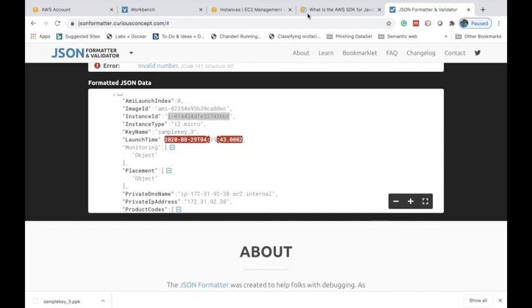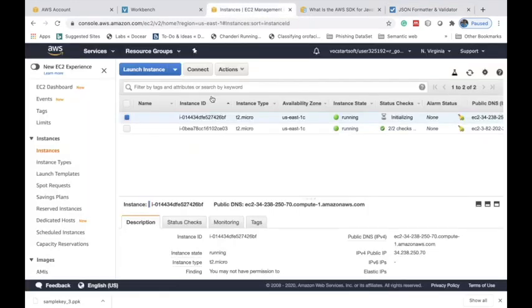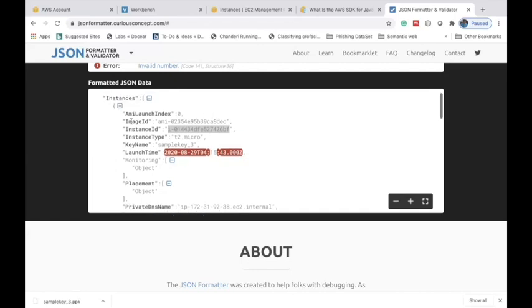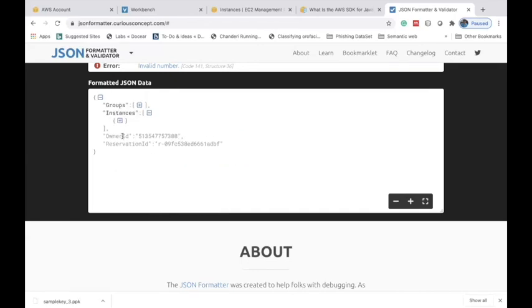Go to your console and check whether the instance ID is similar. Okay, 6BF. So look at this instance ID which is there in the AWS console. The instance ID is nothing but 6BF. So whatever the JSON file you have received is exactly similar to the instance which you have created in the remote host. Okay. Similarly, you have an owner ID and reservation ID.